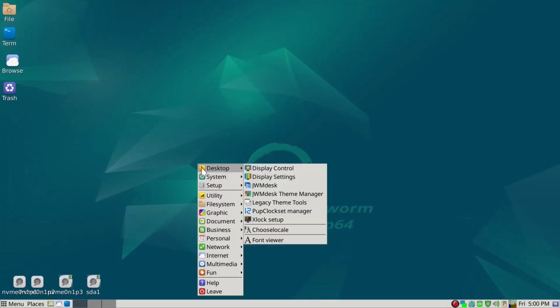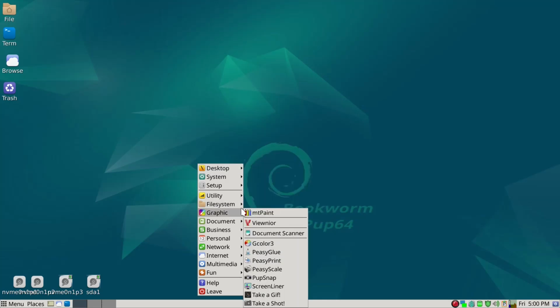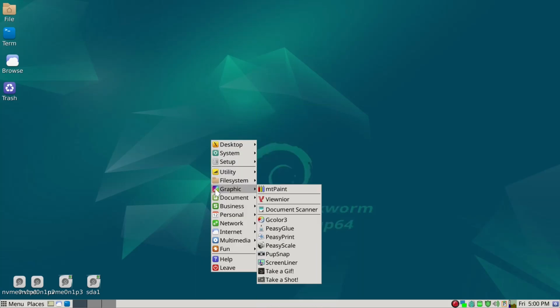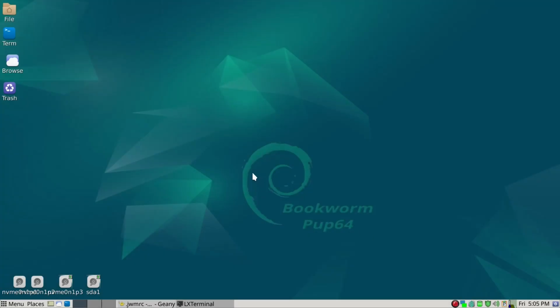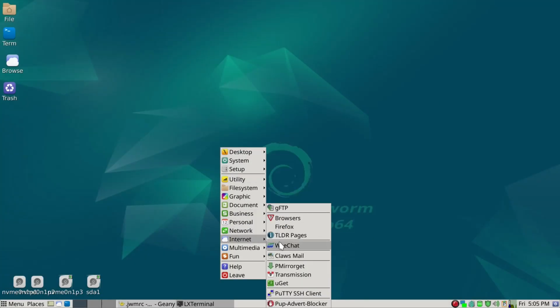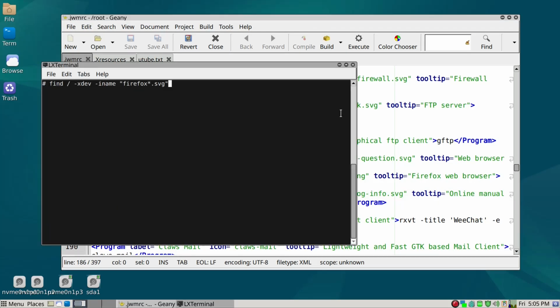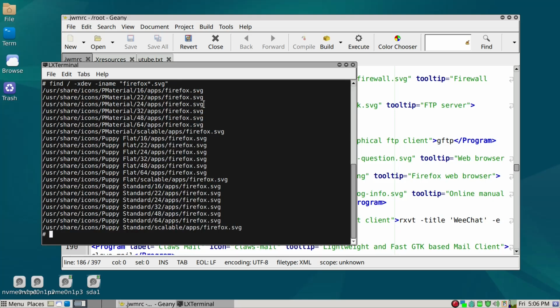Now if you look at the menu, you have a Firefox but without the icon. So if you're interested in having the icon there, what you can do is go to the terminal and run find / -xdev -iname. You can follow this, and this gives you a choice of icons as scalable. You just want a small one, so we can just use this,